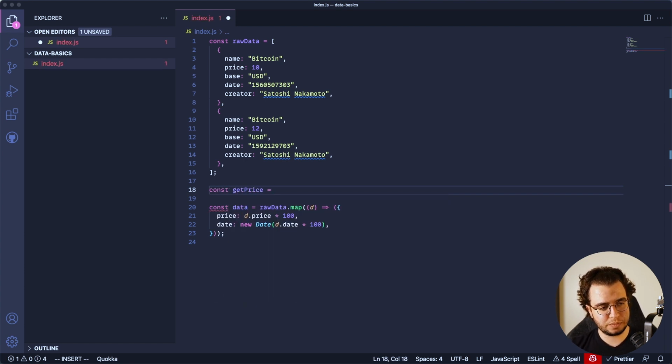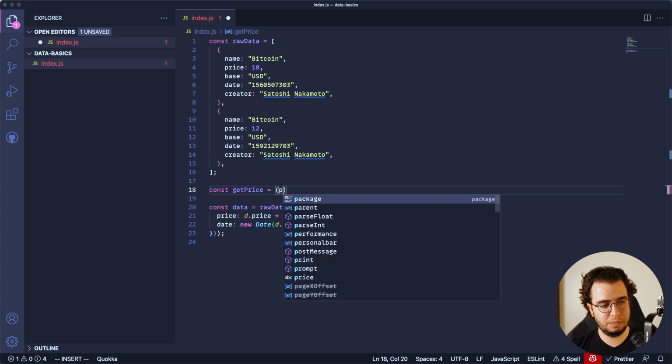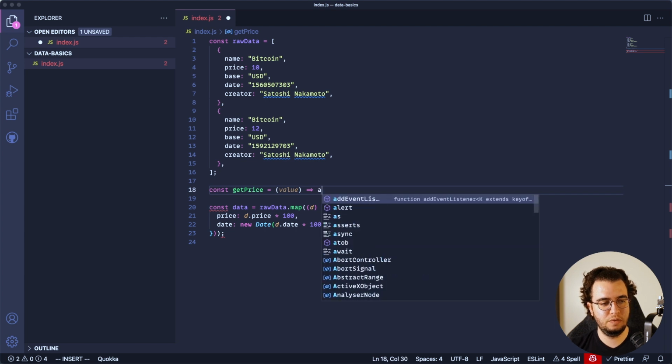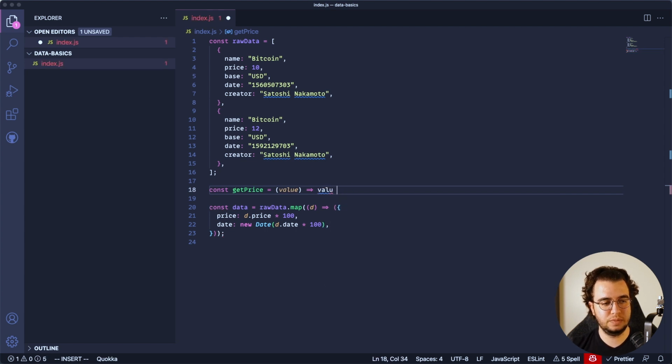In this case, let's get price. That's one that receives a value and returns it in cents, actually. So it can be a value and returns value times 100.